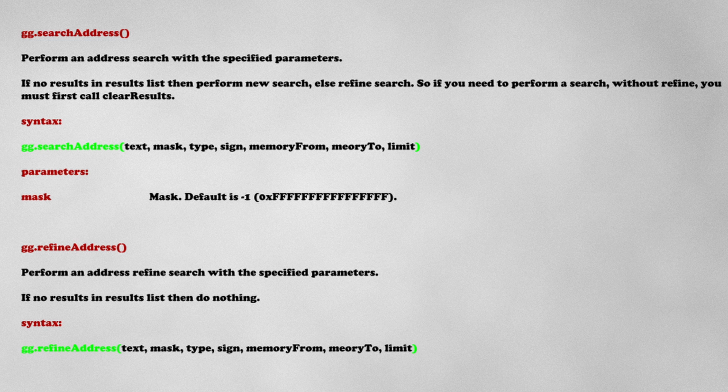Syntax: gg.searchAddress, text, mask, type, sign, memory from, memory to, limit. Parameters: mask, default is -1,